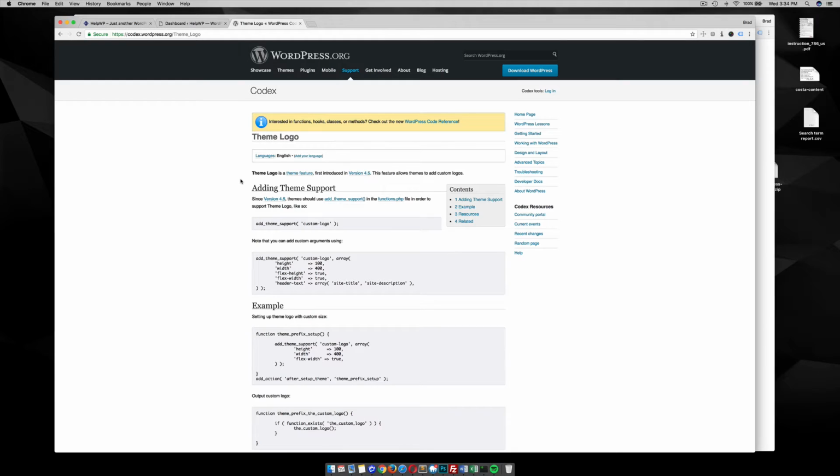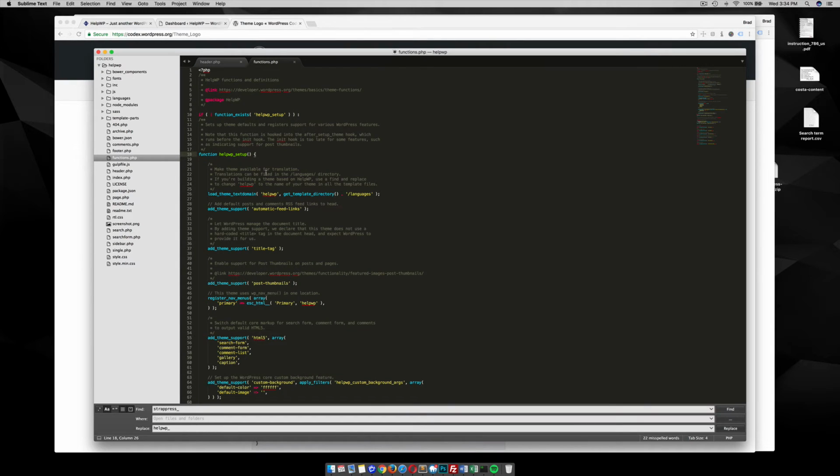So like the WordPress codex says right here, we just need to grab this add_theme_support. And I'm using a theme that I developed called StratPress. It's based off Bootstrap 4.0. Right now it's free on my GitHub page if you want to grab it and kind of follow along or use it as a starter theme for you. But in my functions file here,